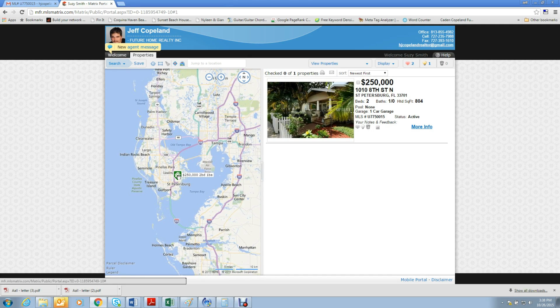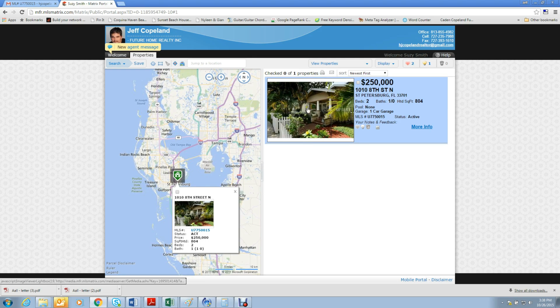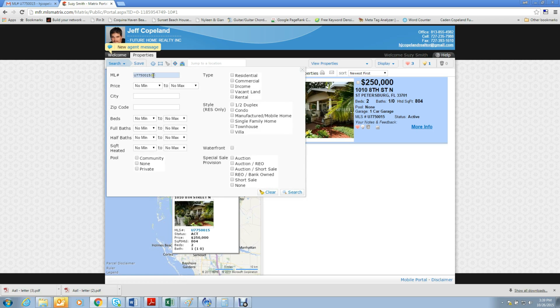So now that I click on this, you notice it wasn't in my email search. I brought it up on my own because I found the MLS number somewhere else, on Realtor.com or Zillow or what have you. So now that I have it here visible, I can do the same thing. I can stick it in my favorites, and now this portal becomes a place for me to store all of the properties that I'm interested in, and I can refer back to my favorites here, whether I got them in my auto email alerts or whether I searched for them myself by MLS number or by